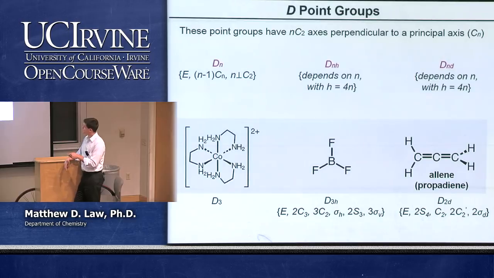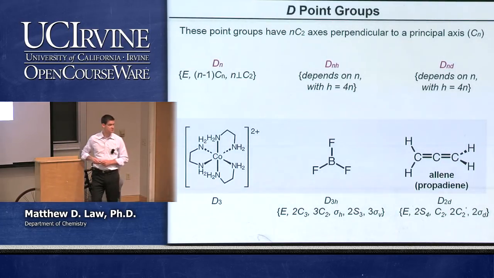We have a C2 axis, right? You can go along this direction here for the C2 axis. There are perpendicular C2 axes as well. They are located 45 degrees between this plane and this plane coming out at you. So if you have one axis 45 degrees coming down and coming out of the board, and another axis 45 degrees going from down into the board in that direction, those are your two perpendicular C2 axes that have to be there if it's going to be a D point group.